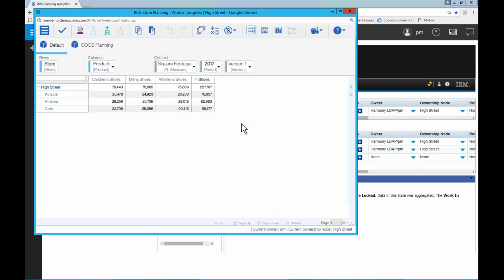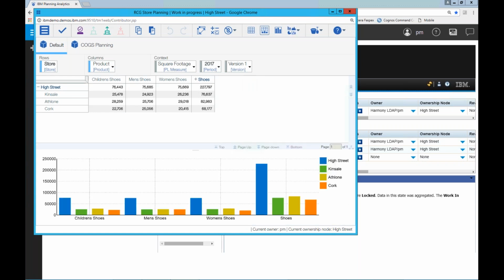So now I've got a view which is a bit more meaningful and a bit more personal to me. Maybe I want to see it graphically as well. And maybe as a user, I want to create my own scenario. I want to create